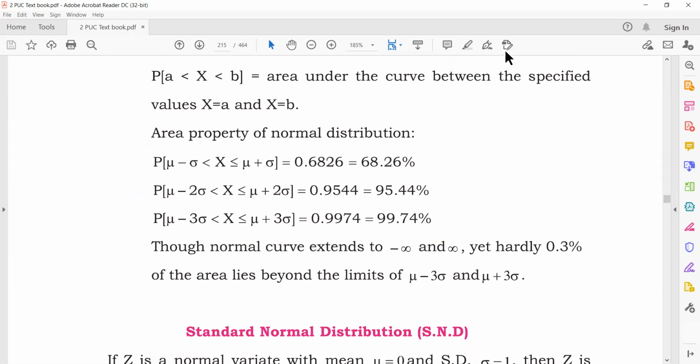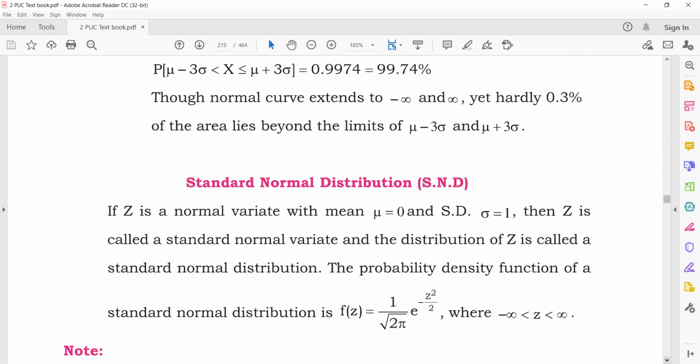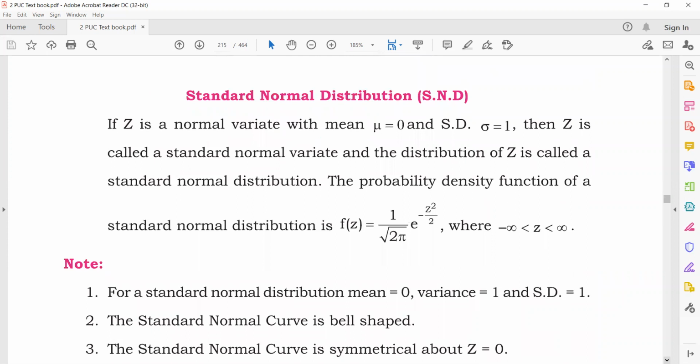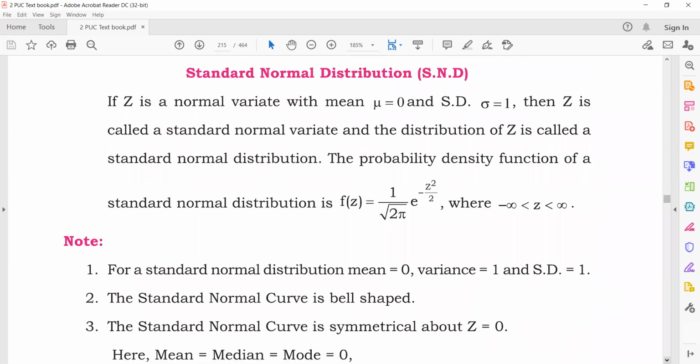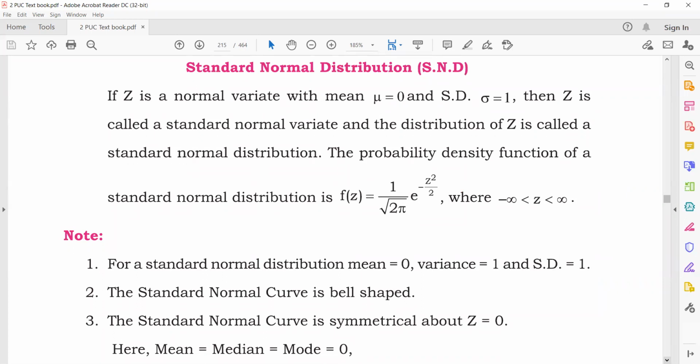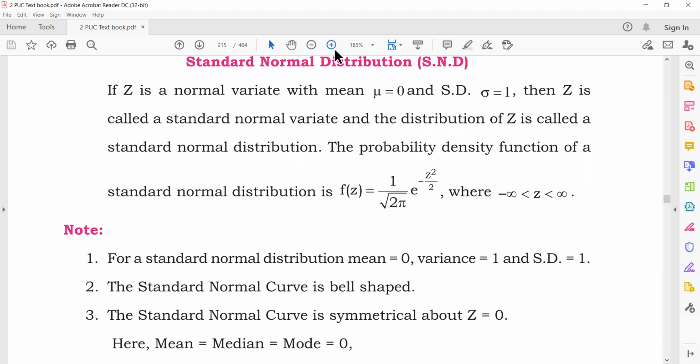Okay, so these are all the properties for a normal distribution. Now we talk about a variable called a standard normal distribution. To understand any normal variable, we have to standardize it, see the properties in terms of standard normal, then you can go back and observe the same cases for normal. Any variable which has mu equals 0 as mean and sigma equals 1 as standard deviation, and if our Z is normal, in that case we call that variable a standard normal variate.